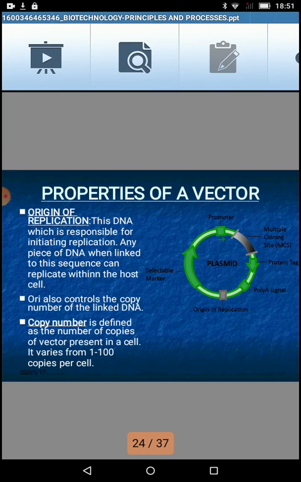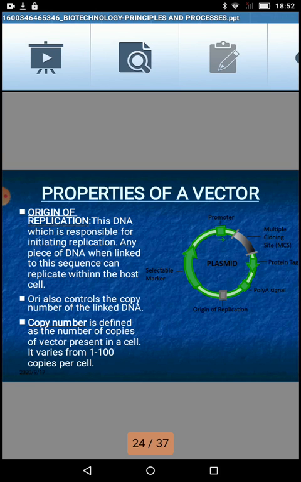So if the information is written in this origin of replication that the plasmid can replicate 2 times, it will replicate twice. Or if it is there that it will replicate 10 times, then 10 copies will be formed. Or if it is written that it is 100 copies, then 100 copies will be formed. So origin of replication tells how many copies the plasmid is going to make, plus